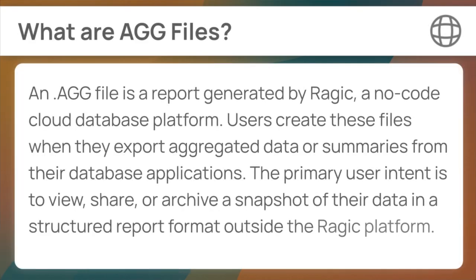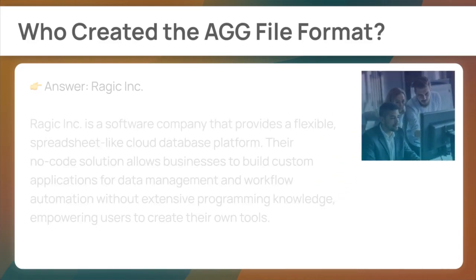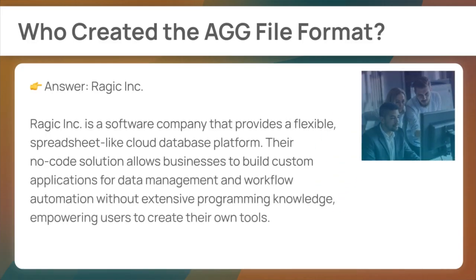An AGG file is a report generated by Ragic, a no-code cloud database platform. Users create these files when they export aggregated data or summaries from their database applications. The primary user intent is to view, share, or archive a snapshot of their data in a structured report format